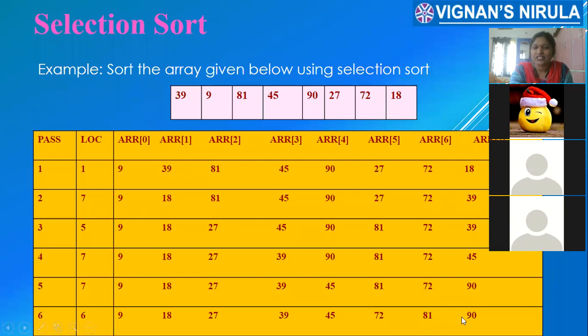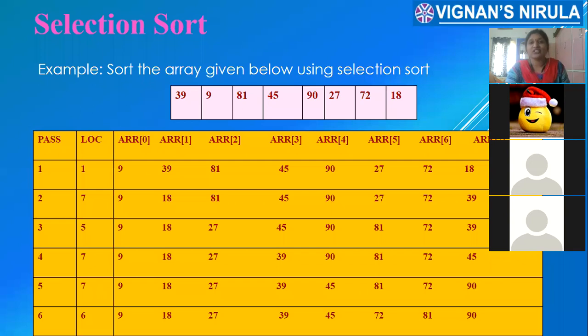What is the rest of the unsorted array? 81, 90. Initially the smallest is 81. Location is 6. This needs to be compared with the next element. Is 90 less than 81? No, ma'am. So the smallest remains 81. The location is already 6, so no swap is required. Only one more element is left, no need for doing that one.